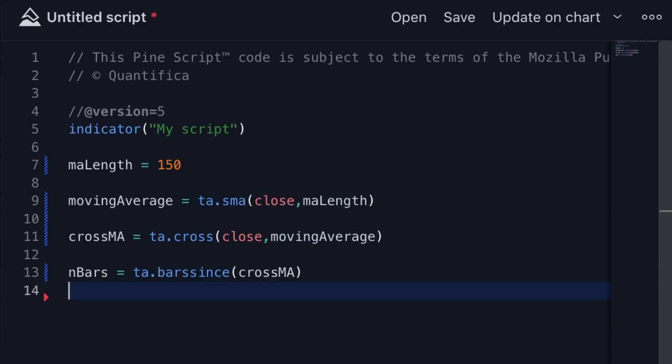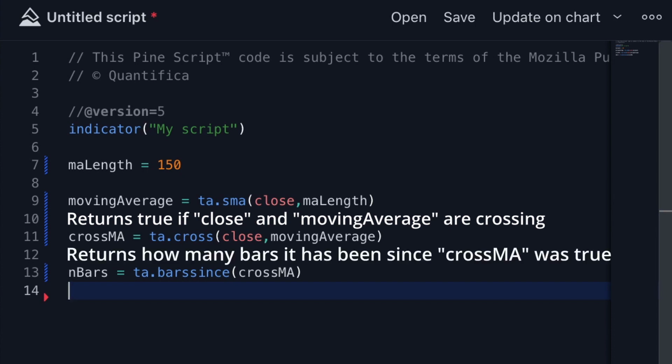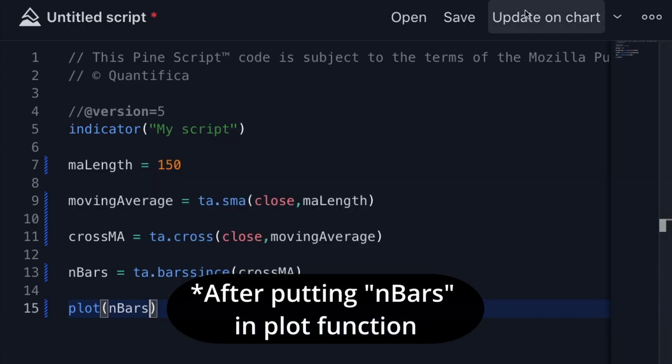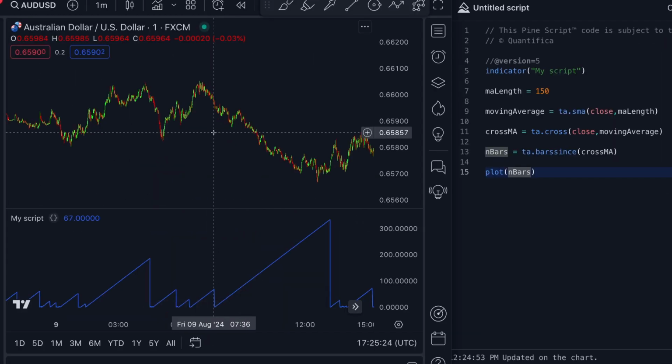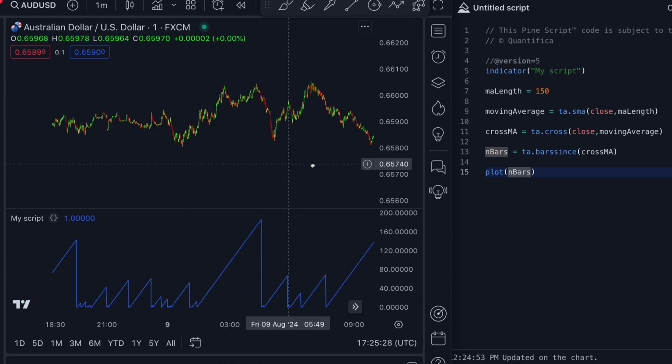To recap, the ta.cross function returns true when the two inputs are crossing each other, and returns false otherwise. The ta.barsince function tells us how long it's been since something has been true or false. So now we have an indicator that tells us how many bars ago the price crossed the moving average, and I can click Update on Chart to see the results. We get these large triangles when the market is trending or moving heavily, and many small triangles when the market